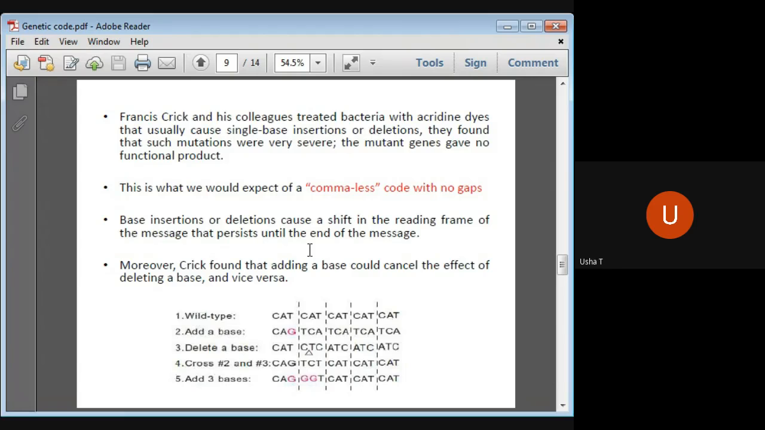So, they were doing different types of experiments of deletions and insertions. And what he found was that adding a base could cancel the effect of deleting a base. So, let's say we have added one base and then we have deleted one. The effect will be removed. In the same way, if you delete first and then add, the effect will be removed. Here you can see wild type CAT, CAT, CAT, CAT. We added a base, it became